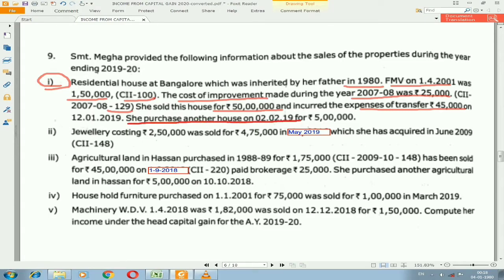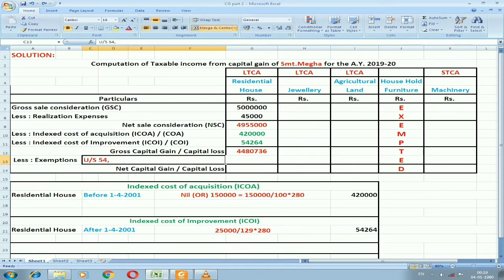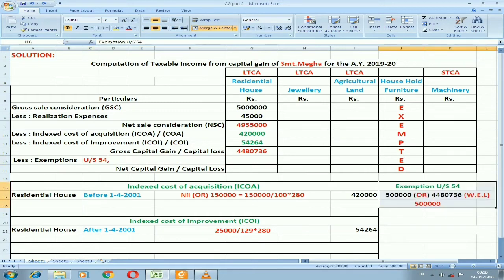Let us check whether we have exemption or not. So she has done some new investment. She purchased one more house. As the purchase is house property and also sale is house property, so both house properties came together, then we can take exemption under section 54. For that I need to take the amount of 5 lakh. The date is also in the stipulated time only. So it will come under section 54. For that we need to compare 5 lakh, that is the investment amount, with the gross capital gain, whichever is the least, that is 5 lakh. So we are supposed to take that and deduct it from the gross capital gain. We'll get 39,80,736.